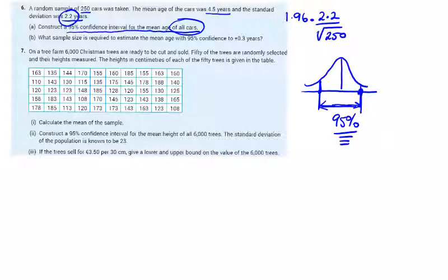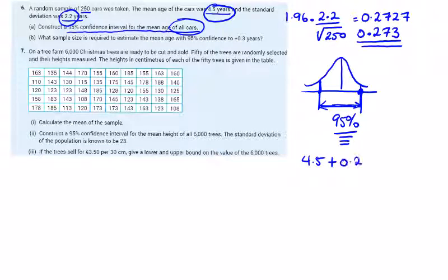So what is 1.96 by 2.2 over root 250? It's going to be 0.2727. Nice number. So we go 0.273. You take two decimals, probably fine too. So the mean of the sample was 4.5. So 4.5 plus 0.273 and 4.5 minus 0.273 is going to give us